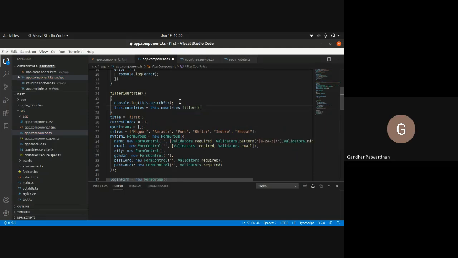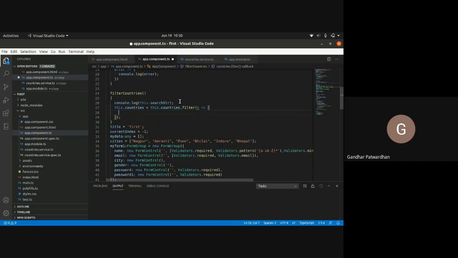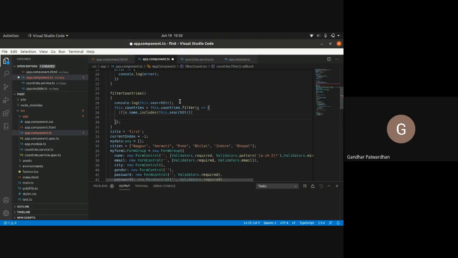Now the filter function takes a callback. In this, I would try to filter. I'll say if x.name, not equals, I would say .includes this.searchStr, I would simply return x.